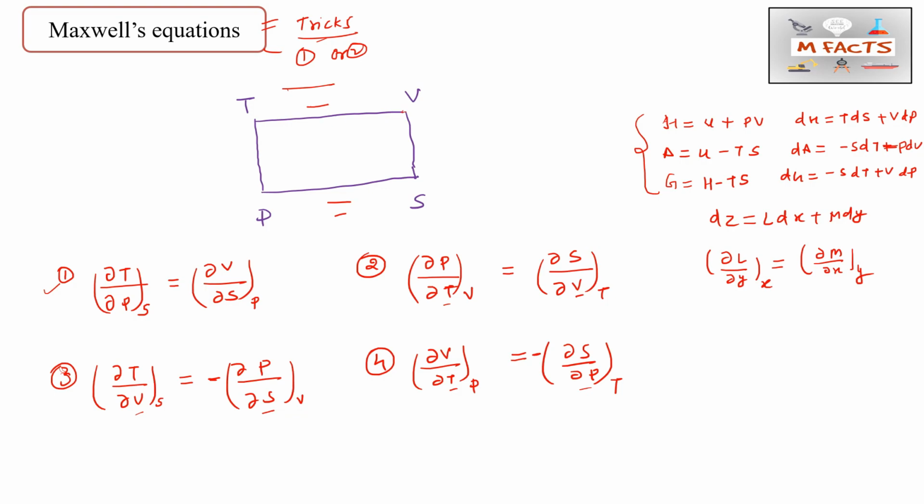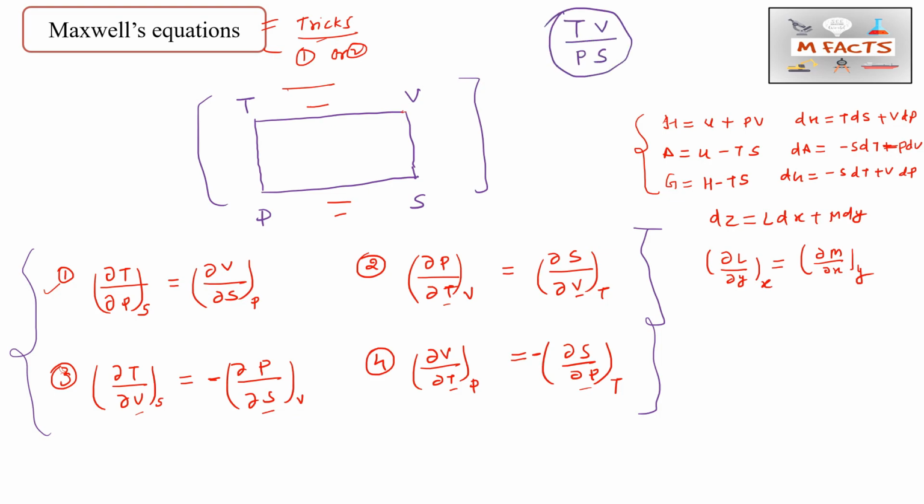Okay, this we can simply write in the examination within a minute, and we can cross check our options. Okay, so suppose if you have any other concept, you can use that. If you don't have, opt this TV by PS concept. Okay, so what is this concept? This concept is TV by PS. Okay, so once you do the practice like that, you need not make the box and all, just you can remember in your mind and you can use these tricks in the examination for saving your time.